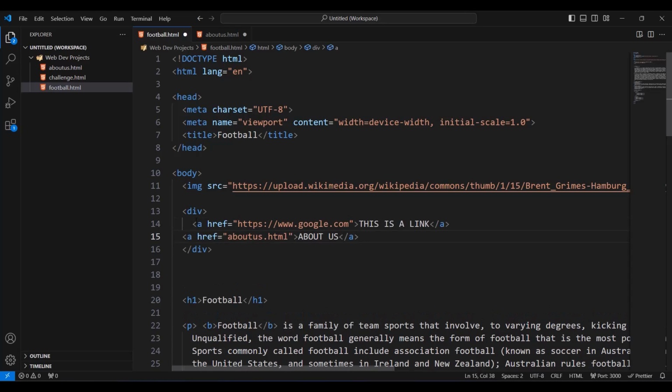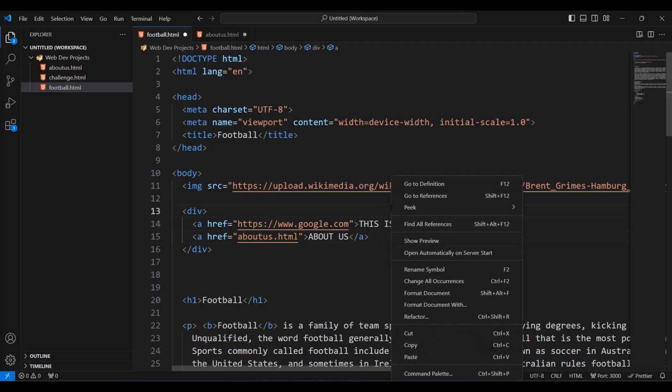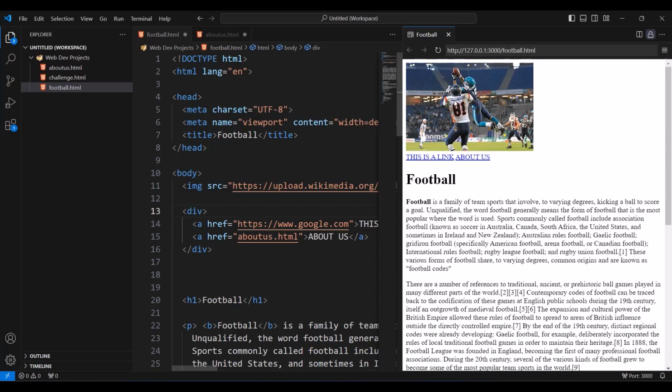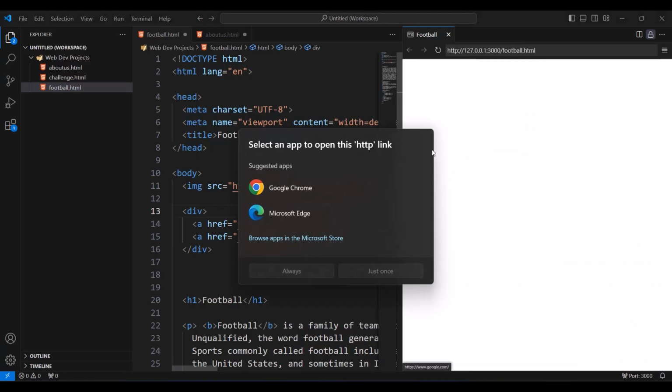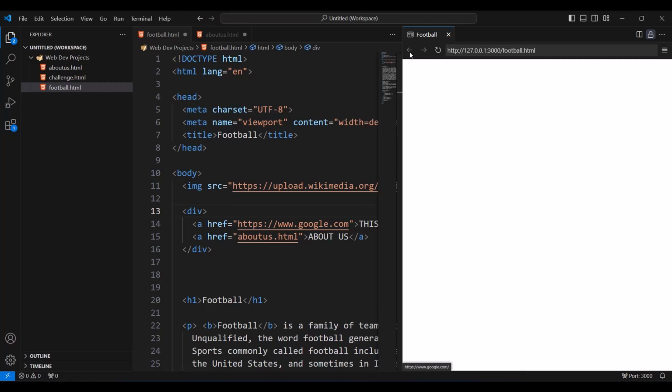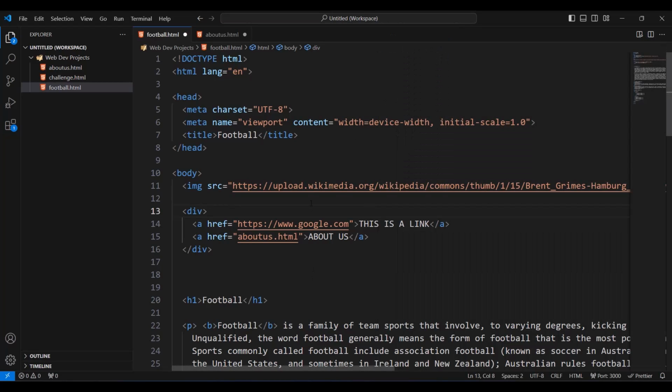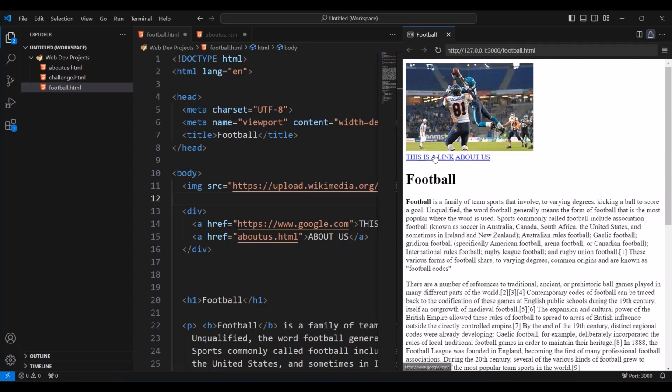So even though previously the anchor elements, you saw that they stay next to each other, if I run this now, show preview, let's click on this link. As you can see here, let me go back. So let me show preview again. As you can see now, they are on the next line, and they don't take the width which is available here, because now they are a block level element, because they are inside the div, which is a block level element. So they take the full width that is available because they are inside the div element.